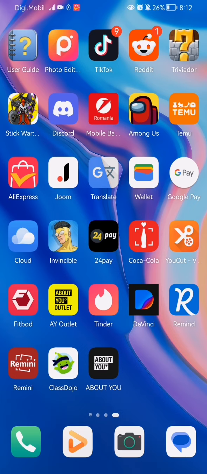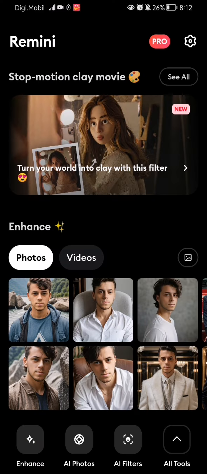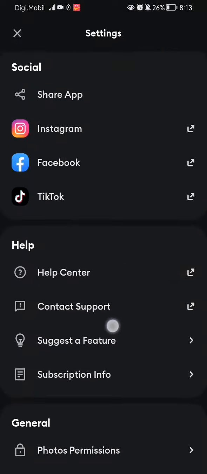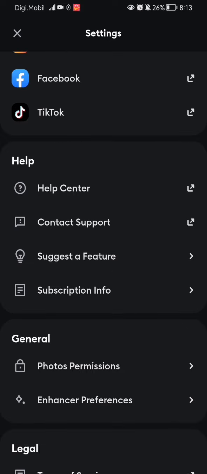Hello guys, in this video I'm going to show you where to find the suggest a feature option in the Remini application. Now the first thing you need to do is enter the app. Once you have done that and you are in the home screen, you can go to the settings at the top of your right corner, press on that, and if you scroll down a little bit you can see the